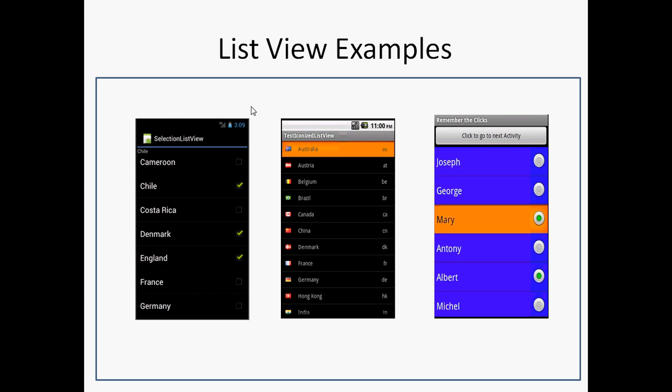In most of the applications you will need to implement this type of list view. So there may be a requirement in such a way that you have to choose multiple options from given options, or you have to choose any one option from the given options. So you can also implement a list in the dialog box also. Alright, so in this webinar I am going to teach you how to implement a list view and how to provide data to this list view.